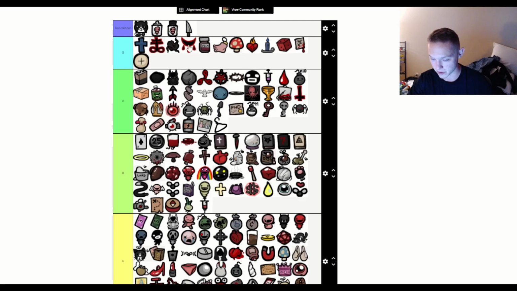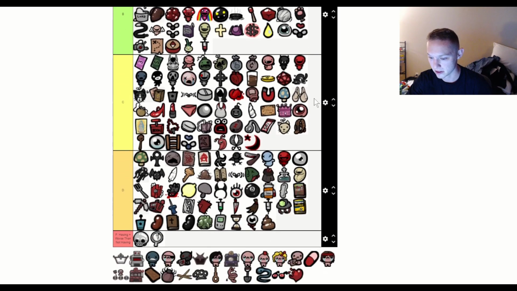Sacred Heart, Spirit of the Night, the Wafer, Dead Dove, and Mom's Contacts. All of them drop your shot speed, and it's really annoying. That does enable you to pick up some of the crappy shot speed upgrades in the game and not be bummed about it. It's just really annoying. But the Wafer